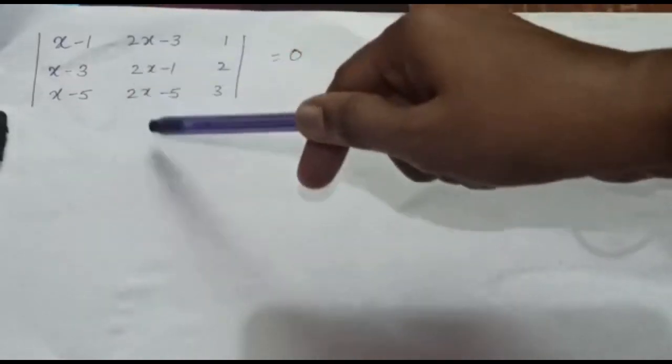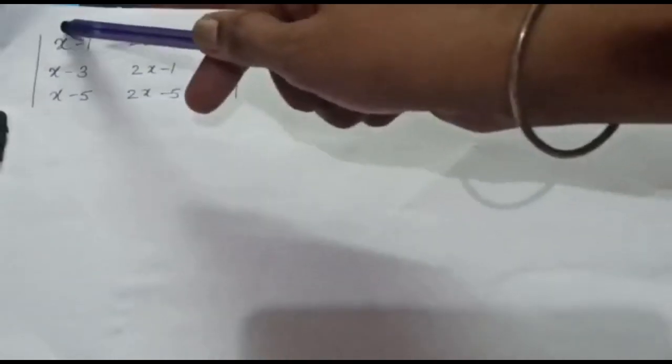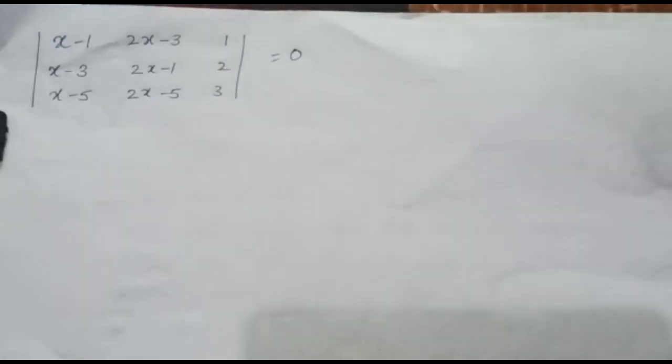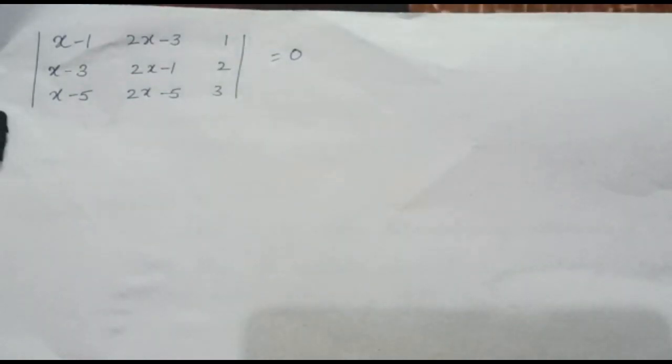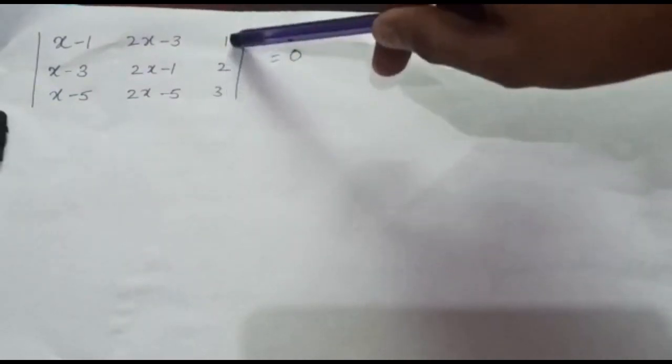We can make changes in our rows in such a way that while calculating the determinant, our calculations are reduced. So if you observe very carefully, you can see this column is very complicated, this column also, but this column seems to be a little less calculative. So it will be easier if we make changes in this column. And now see how we can make use of elementary operations. Here there is no formula behind using elementary operations. You have to make use of your own brain. How you can make changes in this column so that the calculation of determinant becomes easy.